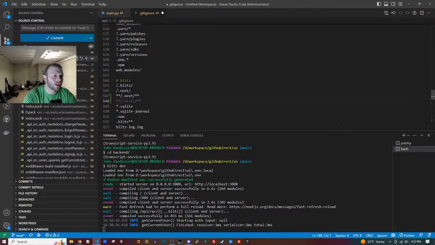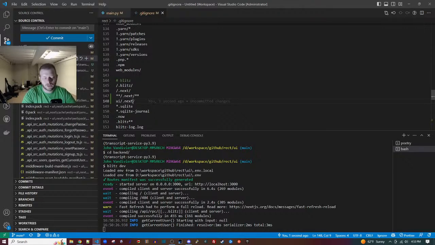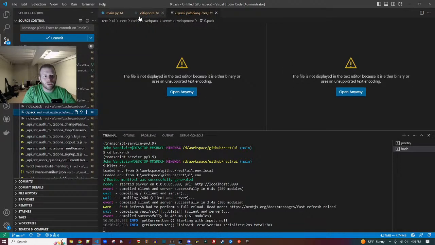UI, it's still looking in there. Stop looking in there. UI/.next. Why is it looking in there?